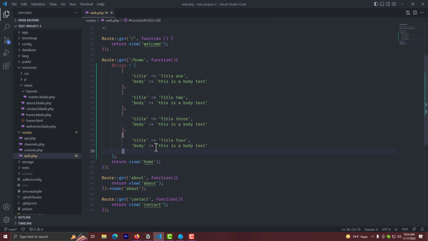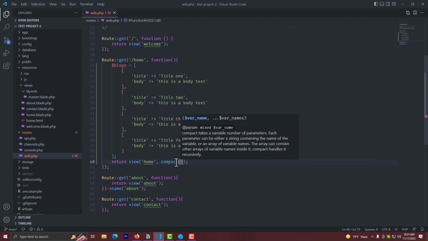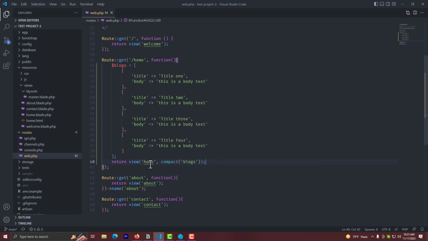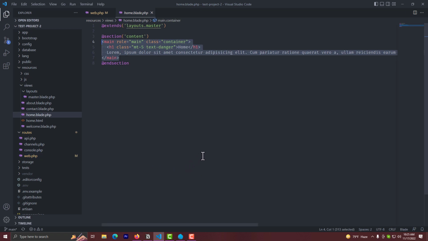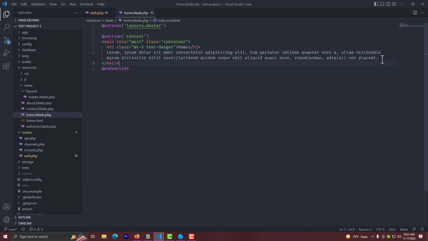Okay, now we will pass this array to our home blade. We know how we can pass data in Blade. We'll use compact for this, compact, then we will declare our variable name, it's blogs, right? So now in our home.blade.php, in the main section,